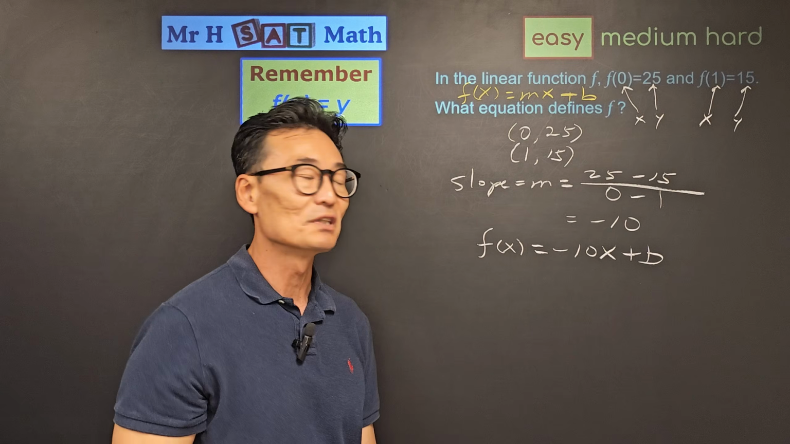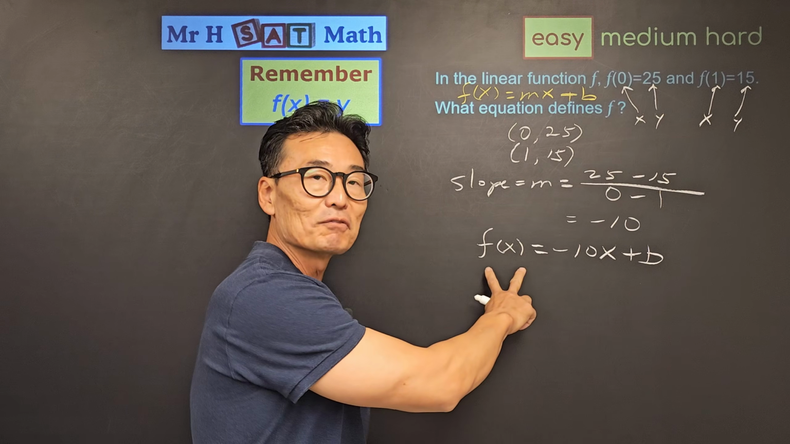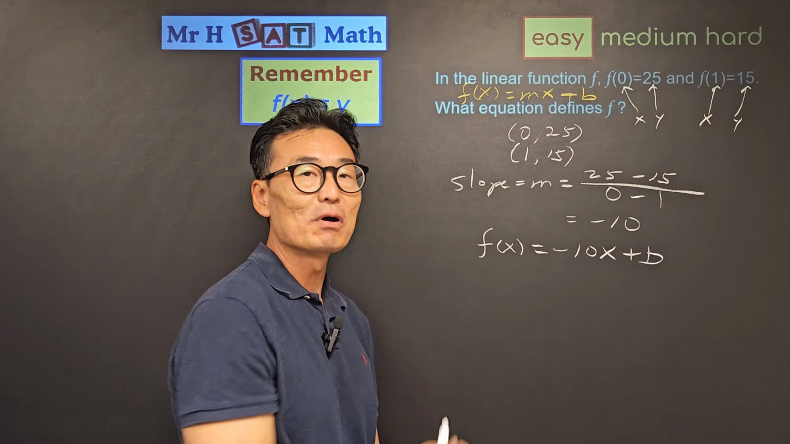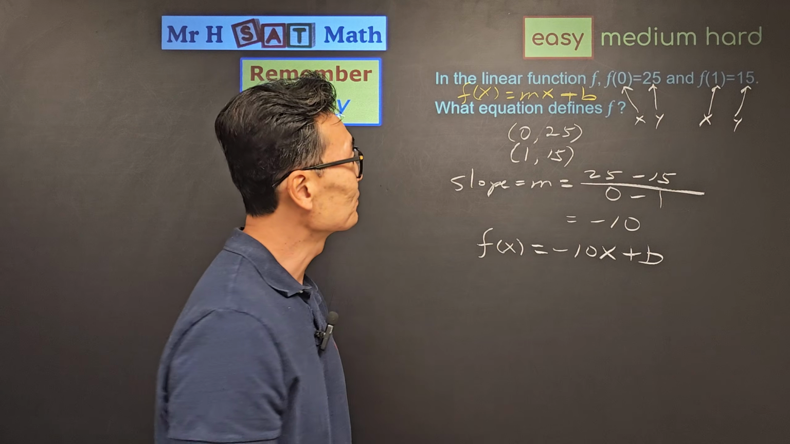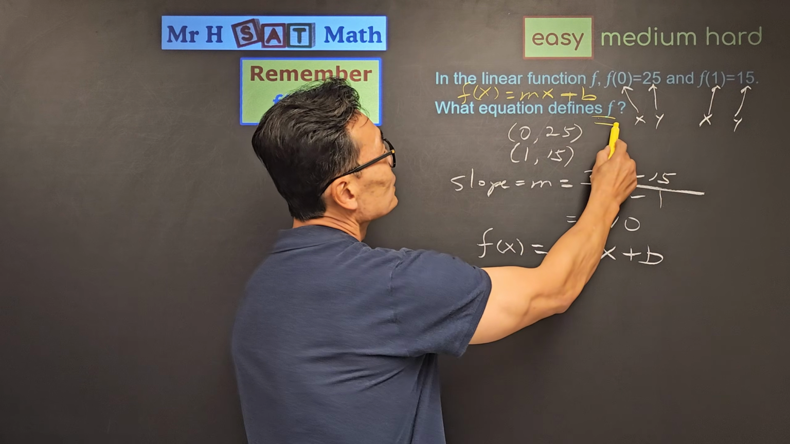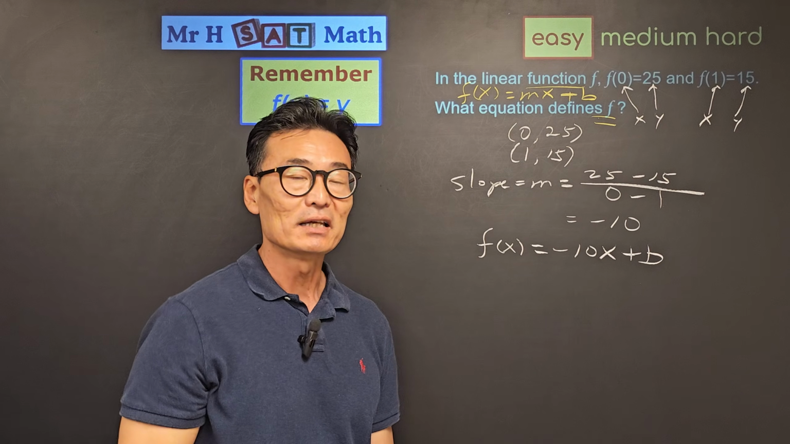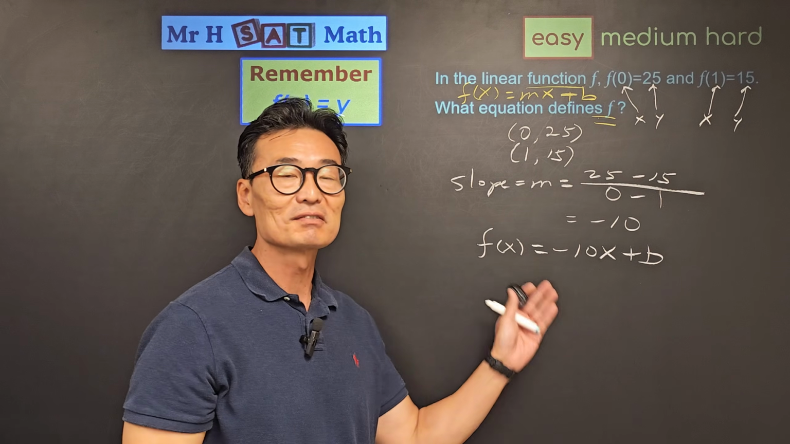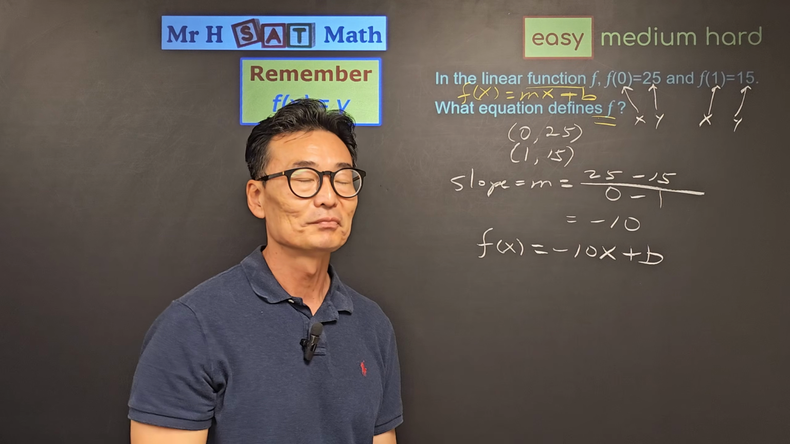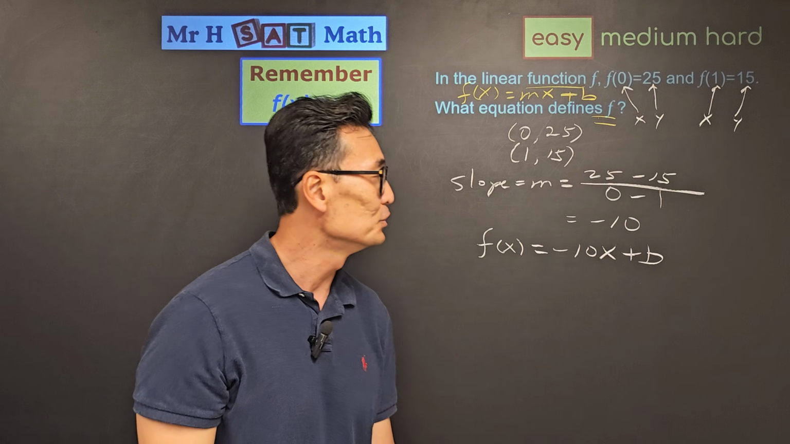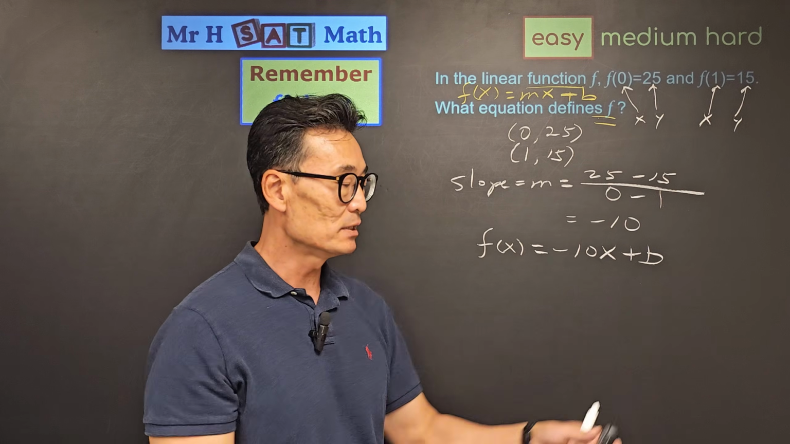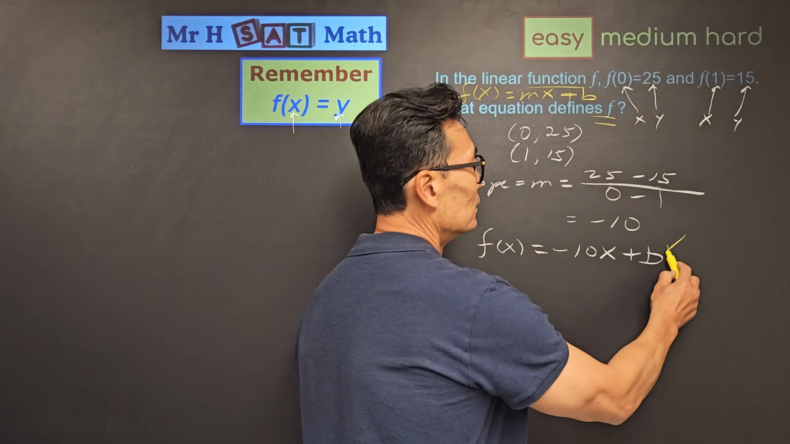One thing I want to mention is that normally we have a y on the left side. However, the question says specifically they want the function f, not the equation f. Hence, we need to use the f of x instead of the y, which is not a whole lot of difference. Continuing on, to find the b, or the